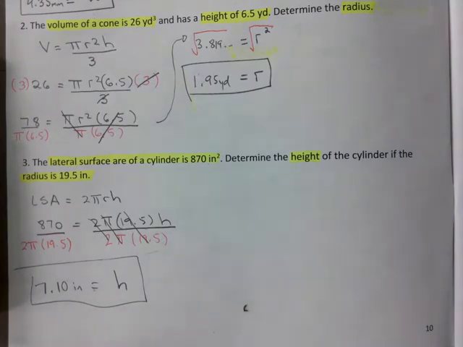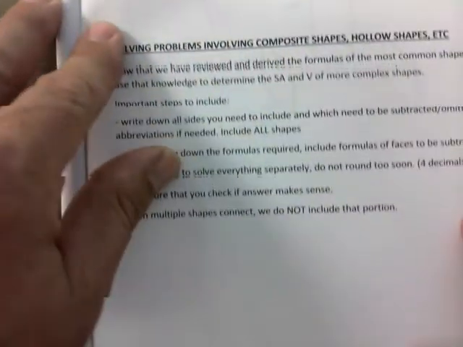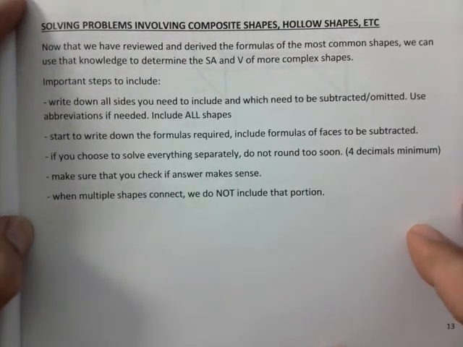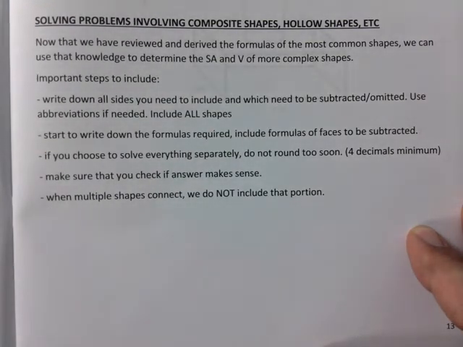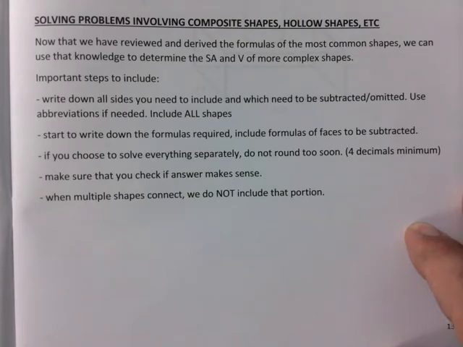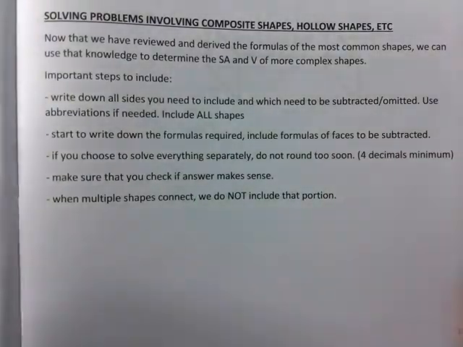You will have a few of those in the assignment that I'm giving you, the homework. Let's keep going. We'll go past the extras, and then we go to page 13. Still with me, right? Page 13, about halfway, and you're like, why are there so many blanks? Because when I make these booklets, I want to allow for extras if I ever have something extra to add, right? Sometimes it comes to me later and to help you out, right? Solving problems involving composite shapes, hollow shapes, etc. Okay, so